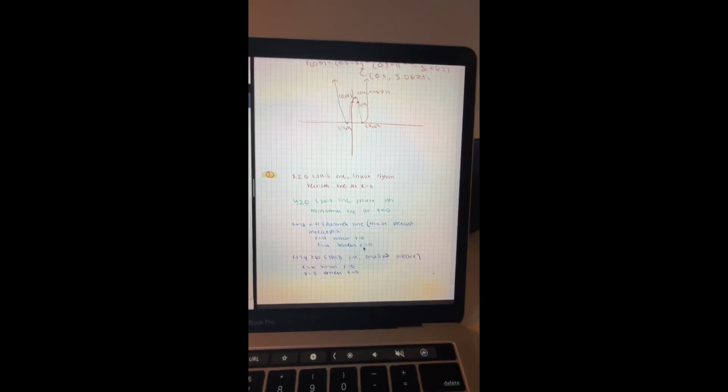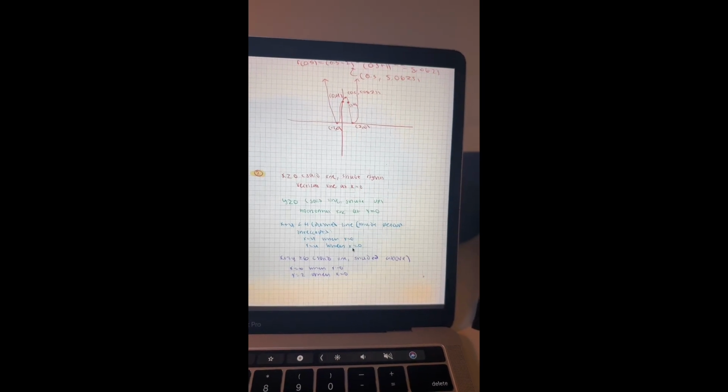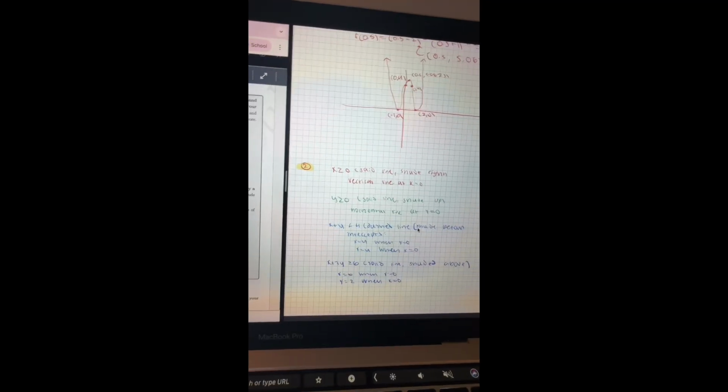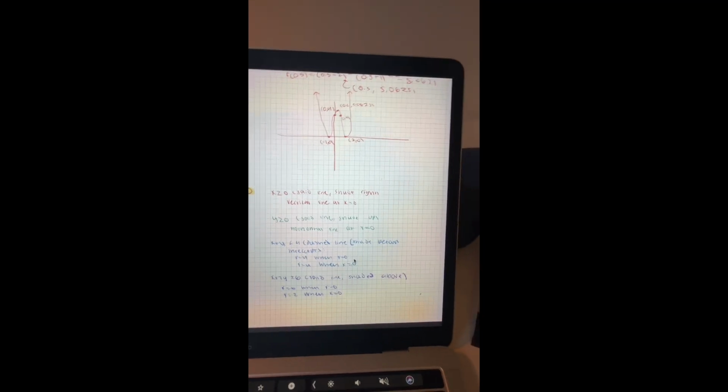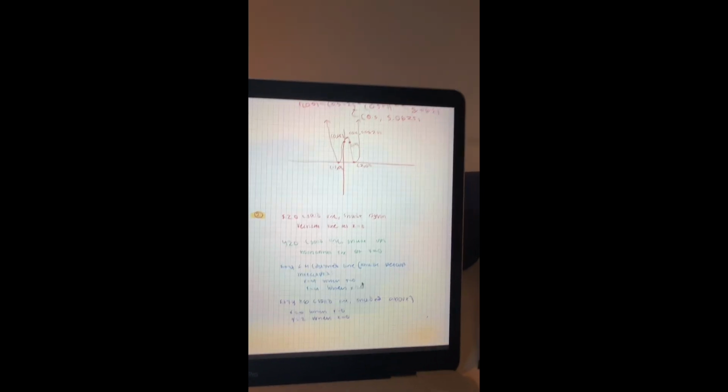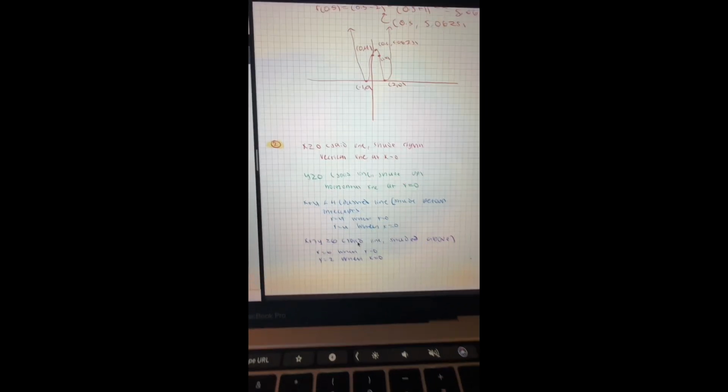For 3, x plus y less than 4, it's going to be a dashed line since it's a strict inequality, which it is, since you see right here it's less than only. So for that one, it's going to be a dashed line, and you're going to be shading below. And x equals 4 when y equals 0, and then y equals 4 when x